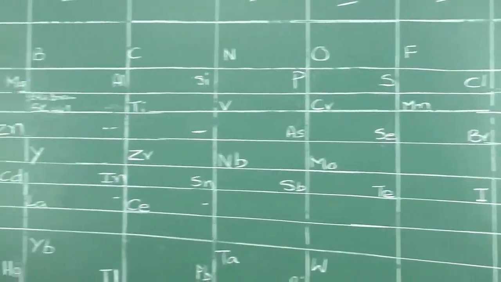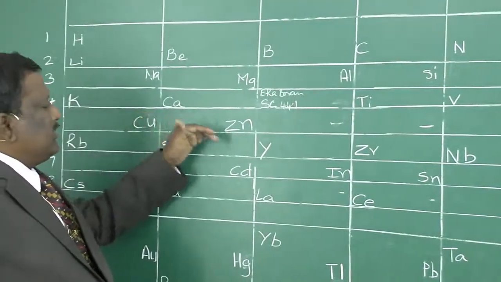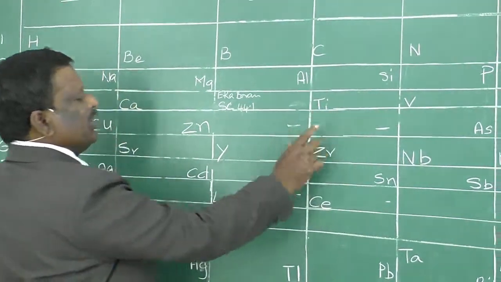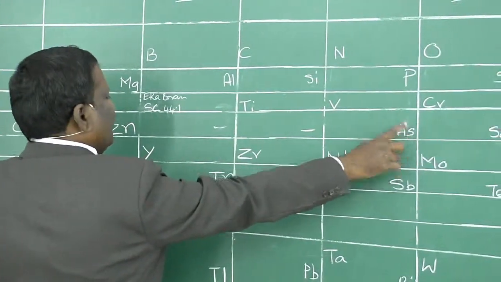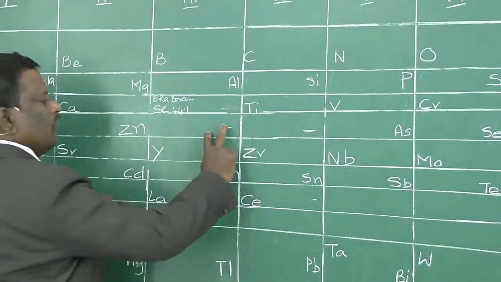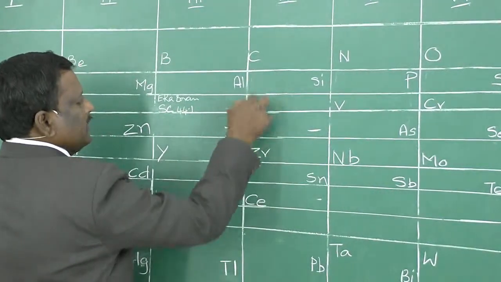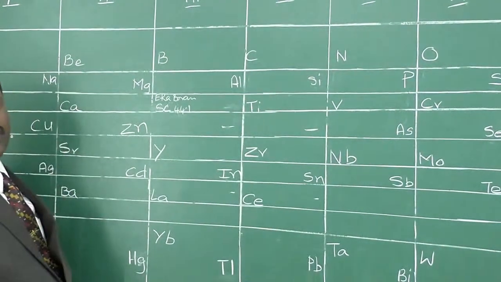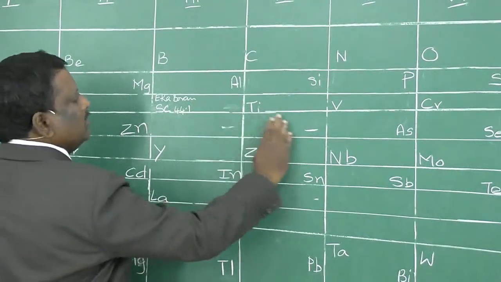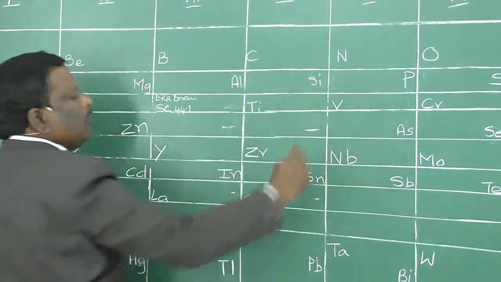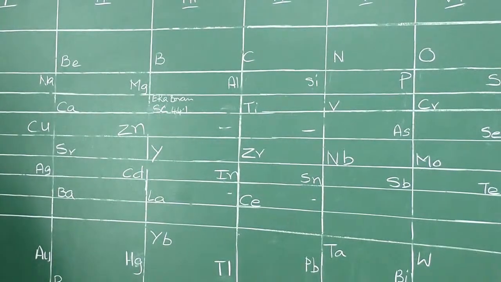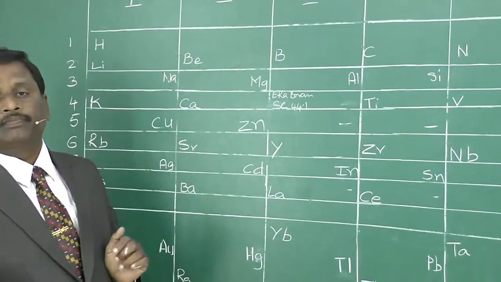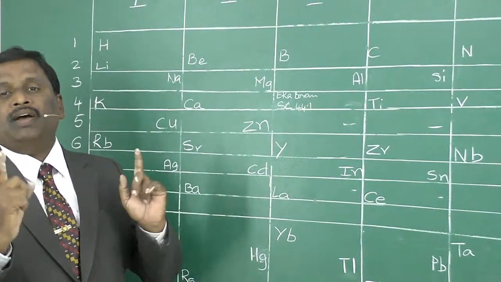Now in the fifth row, again he arranged copper, zinc. Then he made two places gaps because arsenic is entirely a non-metal, it is a metalloid. So he found that titanium's properties, silicon's properties or aluminum's properties are not matching with arsenic. That's why he kept arsenic away from this and kept it below phosphorus, because he did not blindly follow the atomic masses. He has taken atomic mass into consideration,